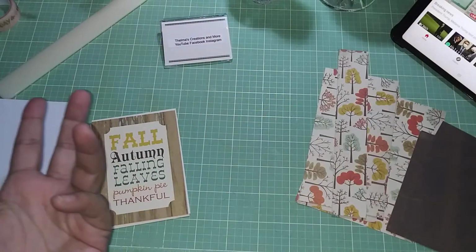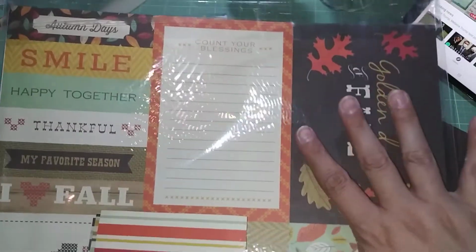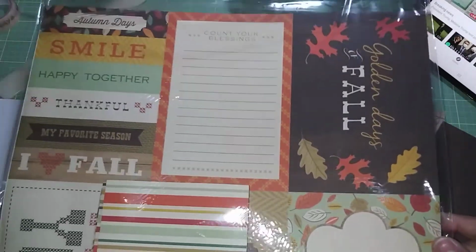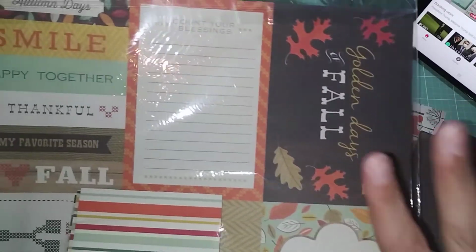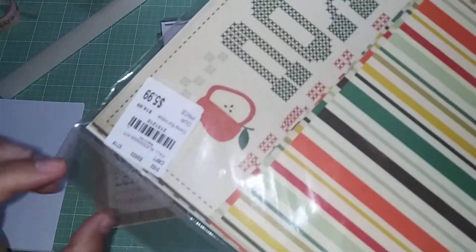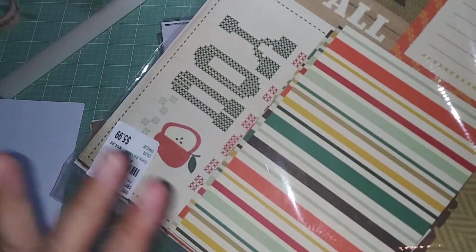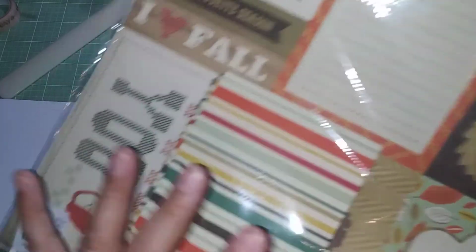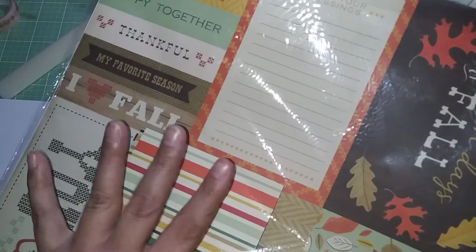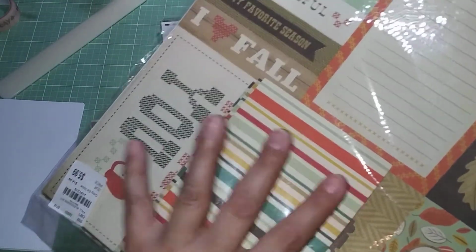I took a 12 by 12 paper. I bought a paper pack. I usually try to buy one paper pack if I find them for a really good price, and I did. My local Tuesday Morning had these paper packs. This one was from Fall Blessing Kit from Carta Bella, and I actually bought two. I bought this one and an Echo Park one, but I'm using this one today, which is from Carta Bella,